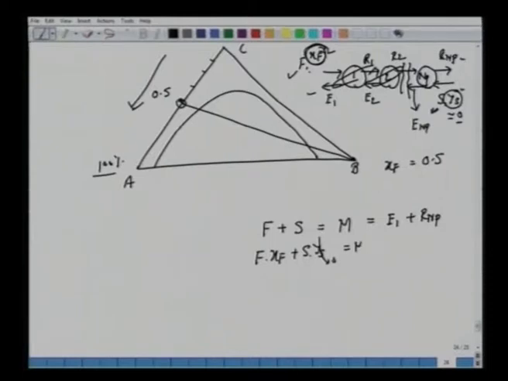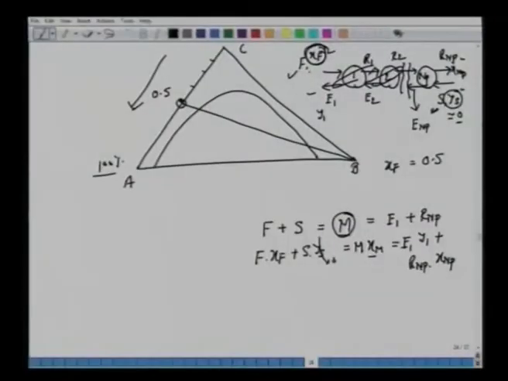Will also be equal to M XM. So hypothetical mixture here M. See, they do not see each other. Unlike you can make a balance for one stage where you can say that 2 streams mix with each other. So F is here, S is here. So this M is a hypothetical point. Physically it doesn't exist. In the graph, of course, we can mark this M and XM. This will also be equal to E1 into Y1. So this is Y1 plus RNP into XNP.